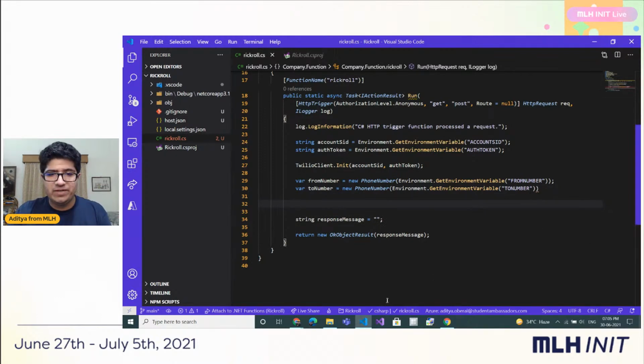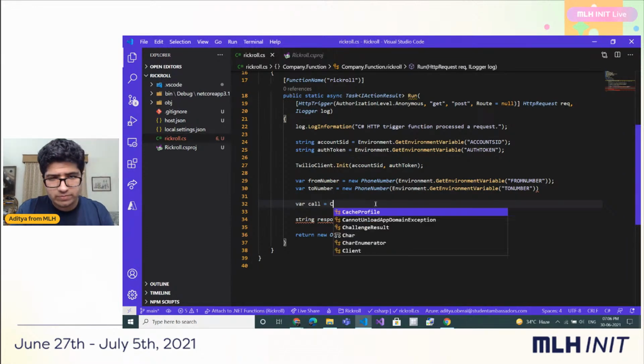Now, of course, the next step that we need is to add the calling resources. That's of course the next important part, right? So for that, all you need to do is just go ahead here, and for this you just type. Let's create a variable here, and we'll call it var call. And for that, with the SDK, we have a little thing called CallResource. So within CallResource,